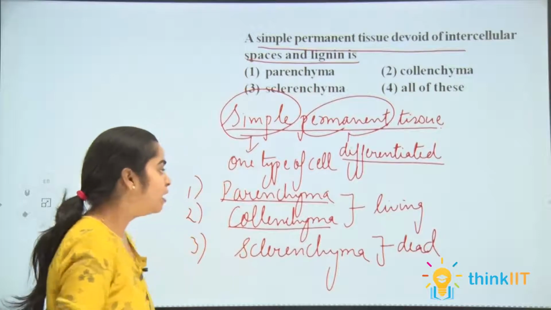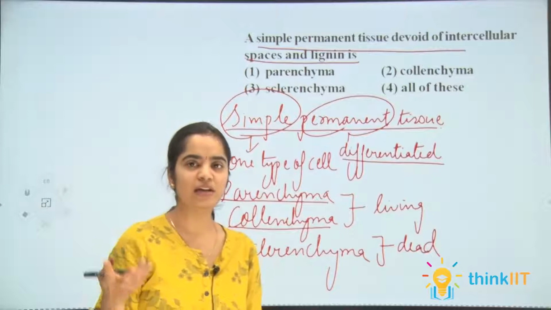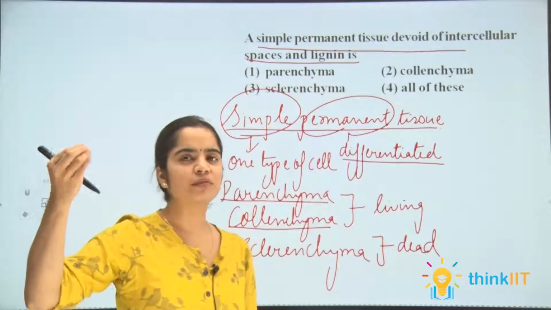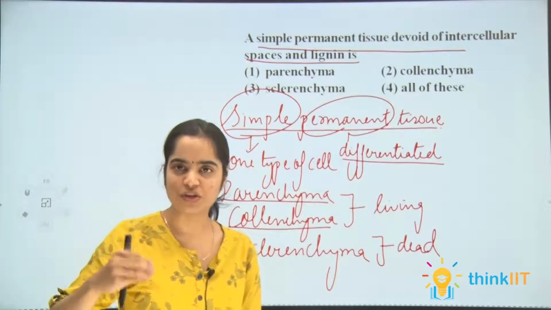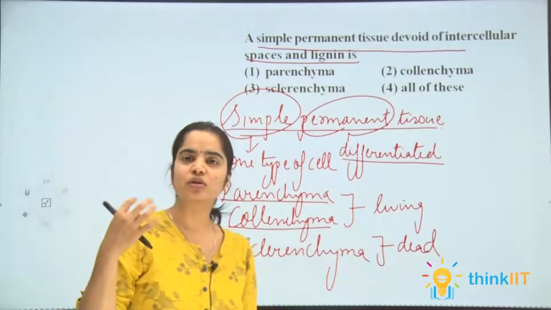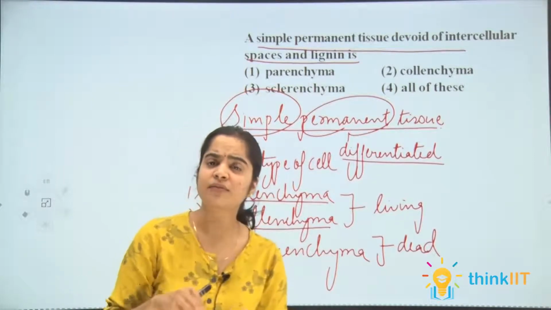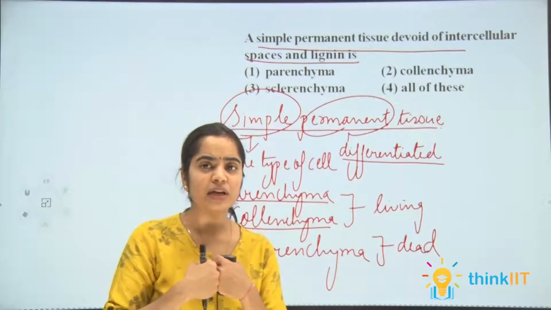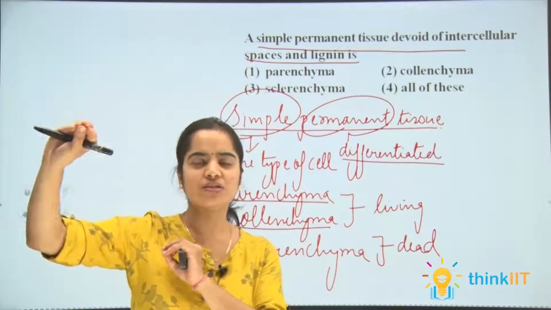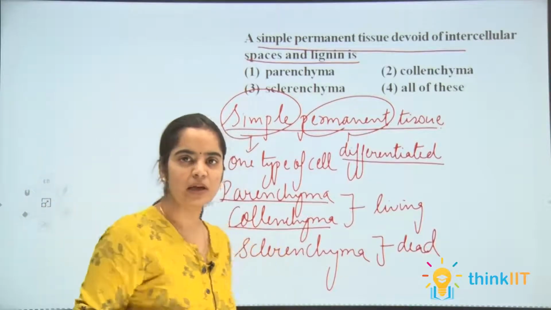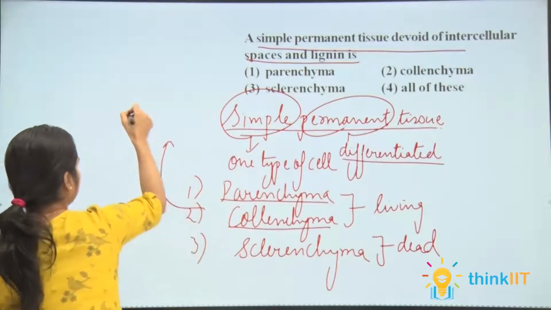Collenchyma is the tissue found in the herbaceous plants, in the cortical region of the herbaceous plants, and it is responsible for mechanical strength. It is provided there so that it provides flexibility. It is in the flexible parts. Why is it in the flexible parts? To provide the mechanical strength, so that due to wind current and pressure, the flexible structures do not break from the main plant structure. So in collenchyma,